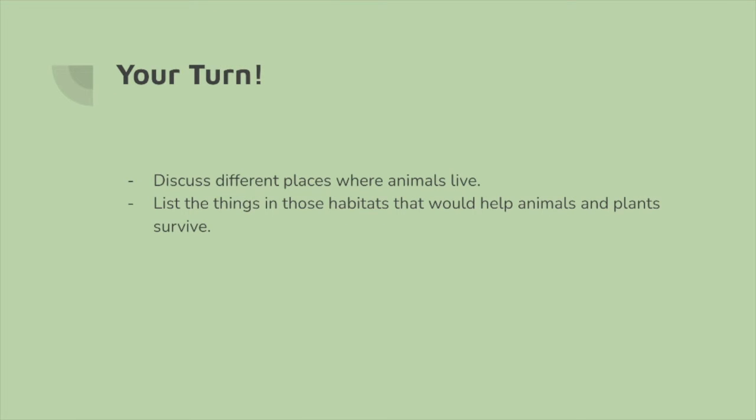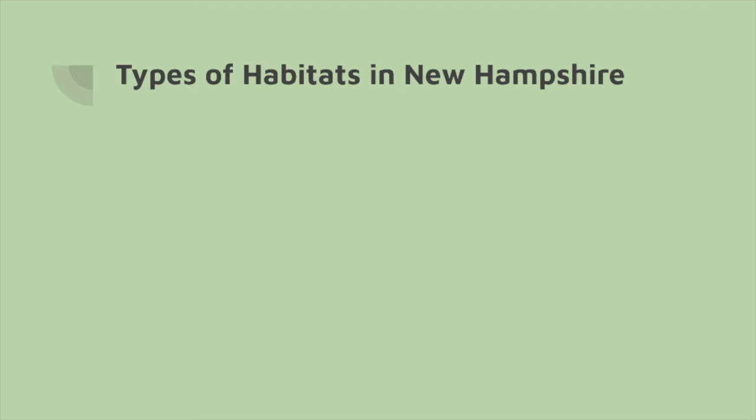All right, so now we also want you guys to discuss the different places where animals might live, and you can list the different things that you would find in those habitats that would help animals and plants survive, kind of like how we just mentioned food and water and shelter. So we hope that you were able to think of some good examples of things that help animals survive in